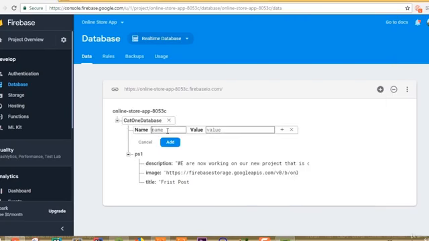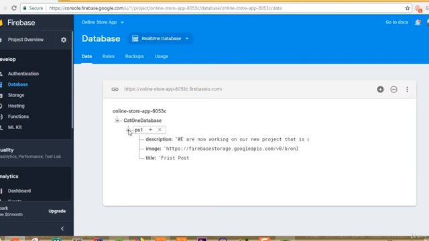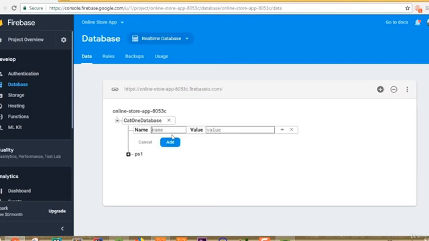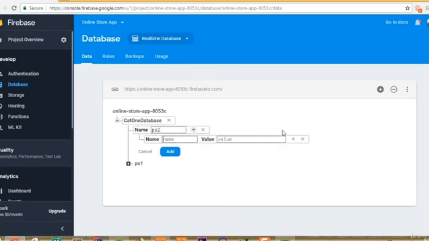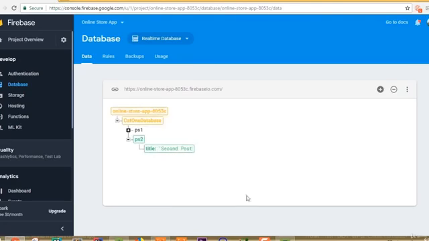Let's post one more. So at first we need to add a post key. Make sure that you are doing a sequence. So this one is PS1, so we need to write here PS2. If we don't maintain the sequence, then we can see our data in reverse mode. So first we need to add our title. We can call it title. Second post,